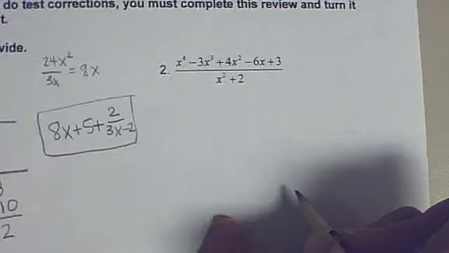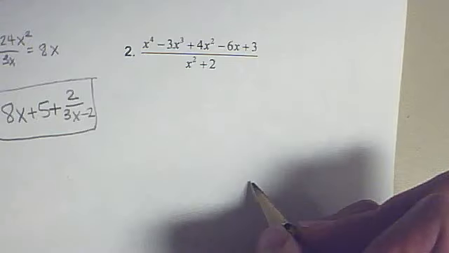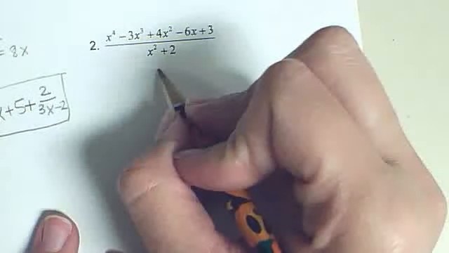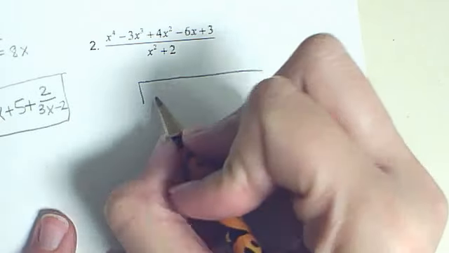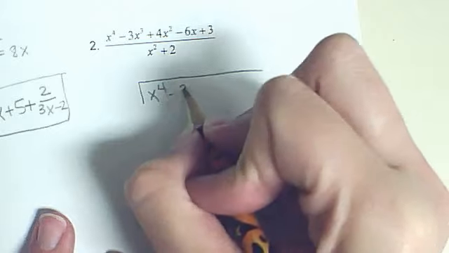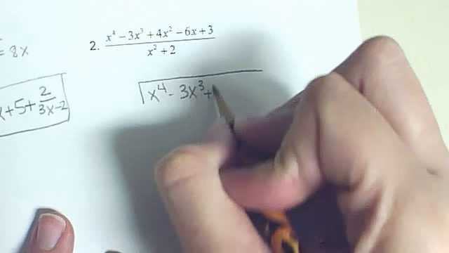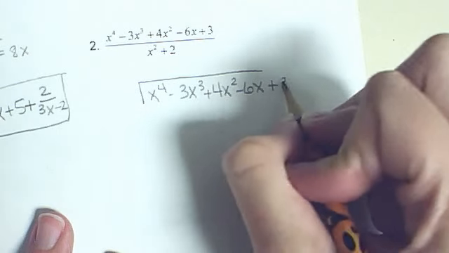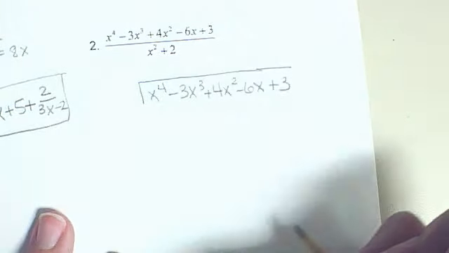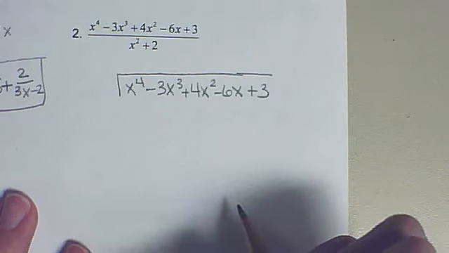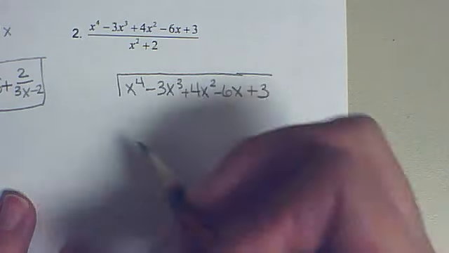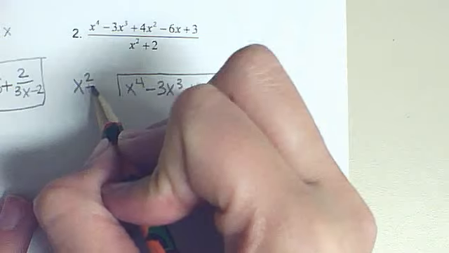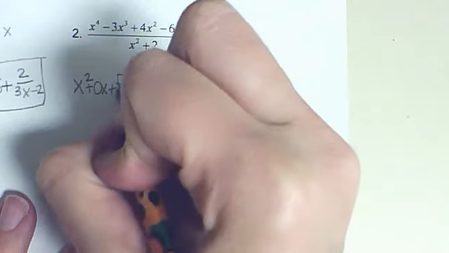Okay, let's look at the next problem. This is another long division problem. There's several more terms here, so I'm going to have to write a little bit smaller. I have x to the fourth minus 3x to the third plus 4x squared minus 6x plus 3. It's nice that the problem was given to me with the terms in order from greatest to least power, so that's nice. I have x squared plus, I have no x terms, so I'm going to put 0x plus 2